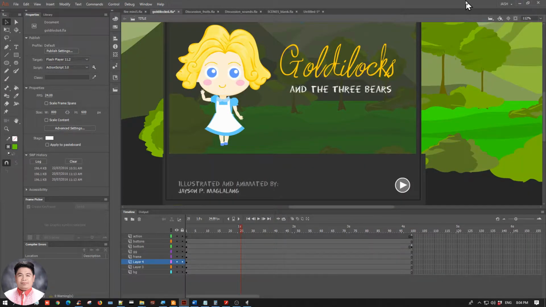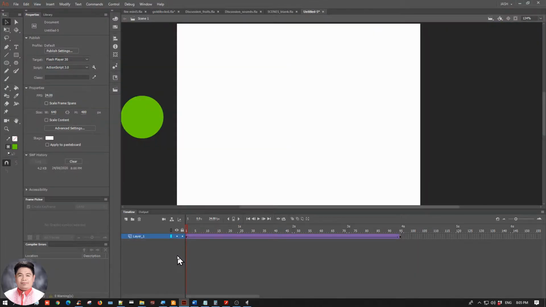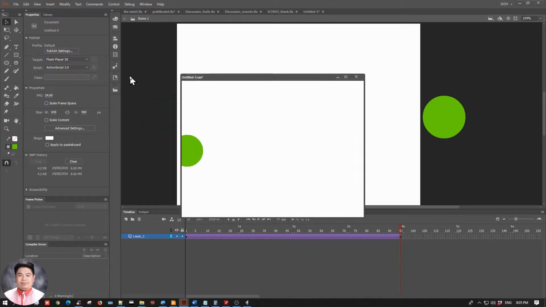Okay, welcome to our tutorial about scene by scene animation, or how to include scenes in your animation. So basically, first I would like to show you a simple animation here. Just a simple animation where a circle is passing by from left to right, and when I play this, we're